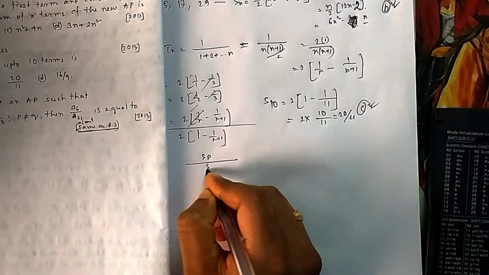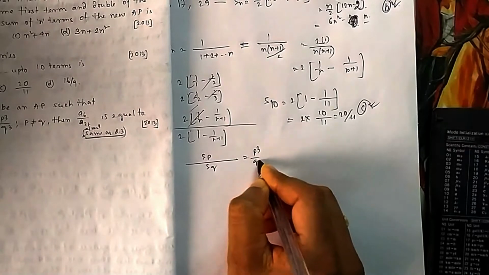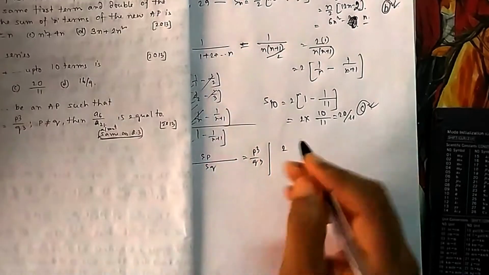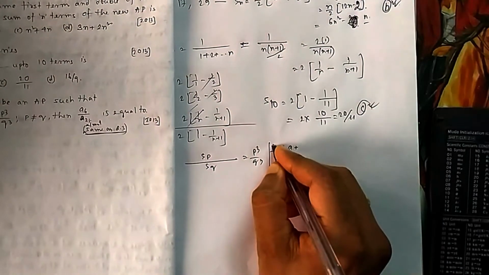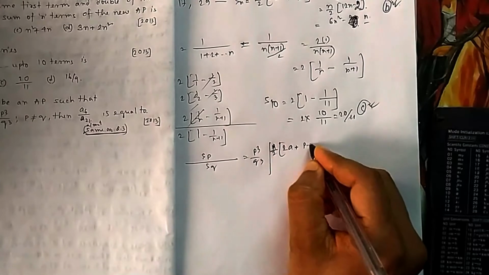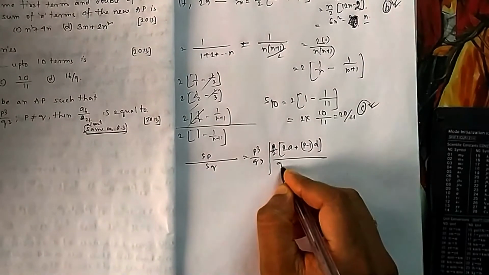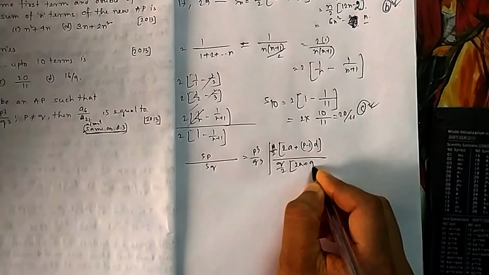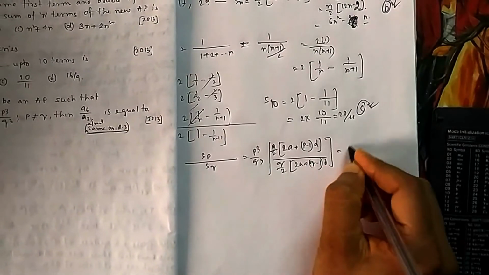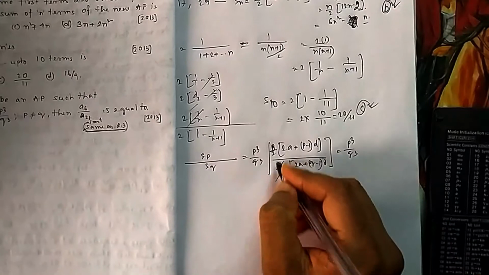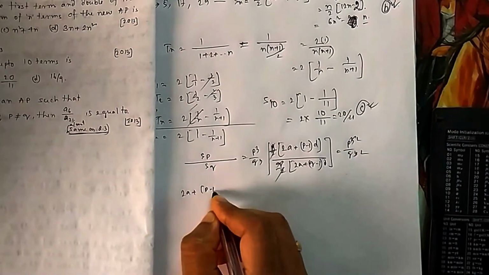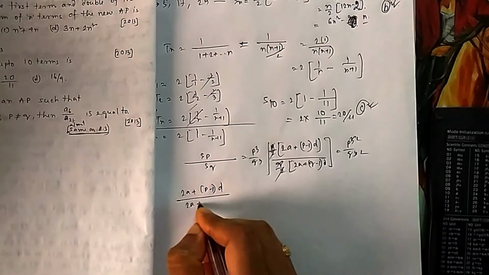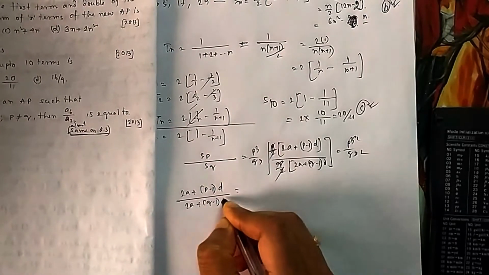But here you can see, this is the sum up to P terms, this is the sum up to Q terms, and the ratio is P cube by Q cube. This is given to you. So what is the formula for the sum up to P terms? P by 2 into (2a plus P minus 1 into D), over Q by 2 into (2a plus Q minus 1 into D), is equal to P cube by Q cube. So the 2 cancels, and P, Q you can easily cancel, so it will be squared. So something of this fashion you are getting. (2a plus P minus 1 into D) by (2a plus Q minus 1 into D) is equal to P square by Q square.